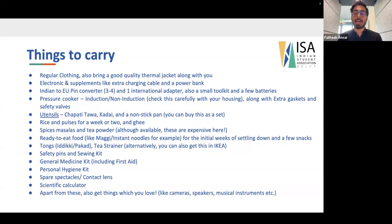But you can, for example, also go to stores like H&M and Primark and buy good winter jackets as well. But again, this is very subjective, and that comes down to the amount of money you want to carry with your Forex card and cash versus what you want to bring from home, like what Joseph mentioned in the beginning. I would say all electronics, laptops, phones, definitely it's good to have all the cables and the accessories